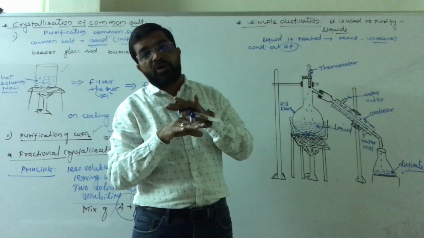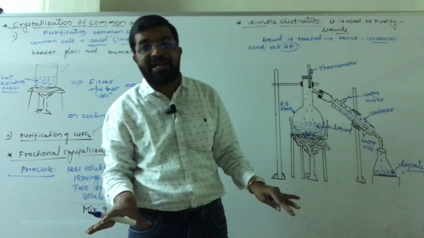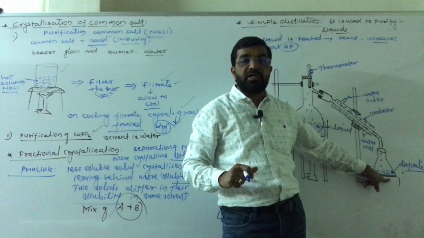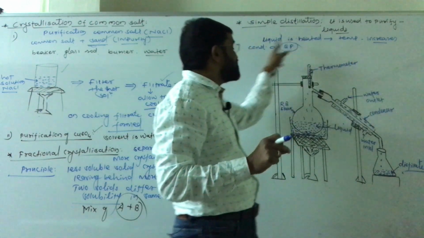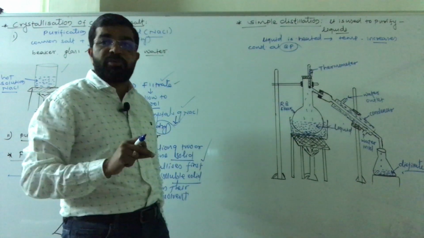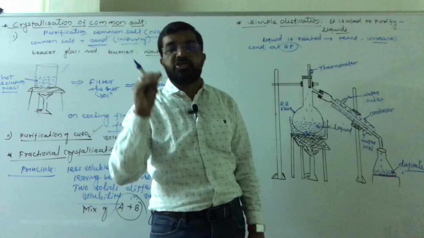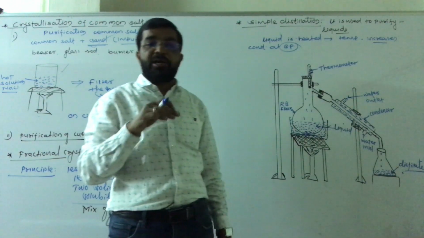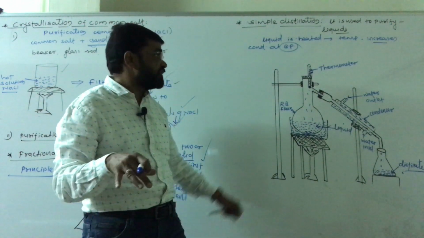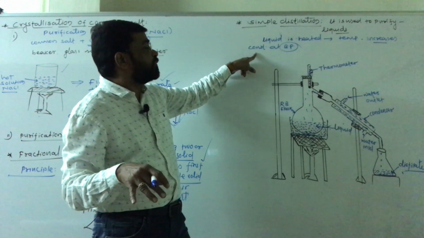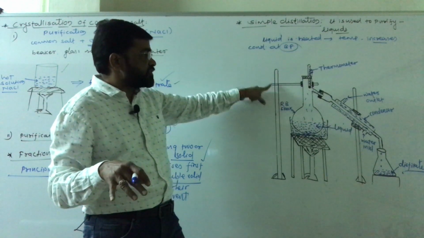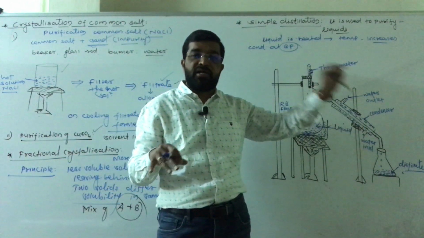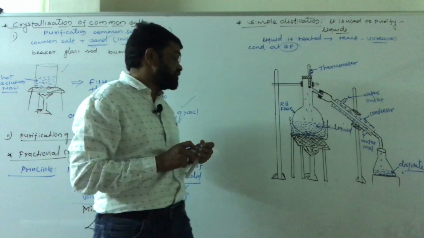Therefore, at the boiling point of the liquid, that impurity does not vaporize, it is left behind in this distillation flask, and you will get pure liquid here as a distillate. This is nothing but the purification of a liquid by the simple distillation process. म्हणजे simple distillation process ने आपण लिक्विडचं purification करू शकतो. This is the general method, and this is the diagram, or the arrangement of apparatus for the simple distillation process.